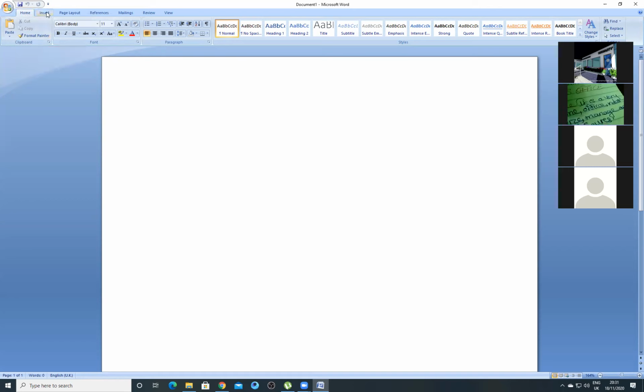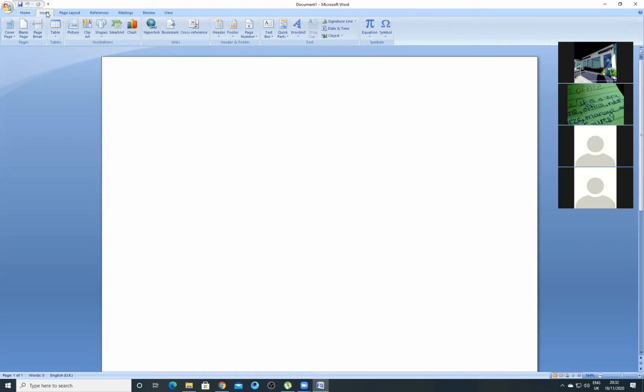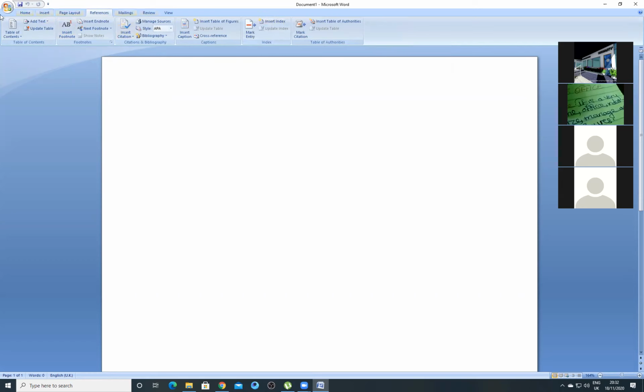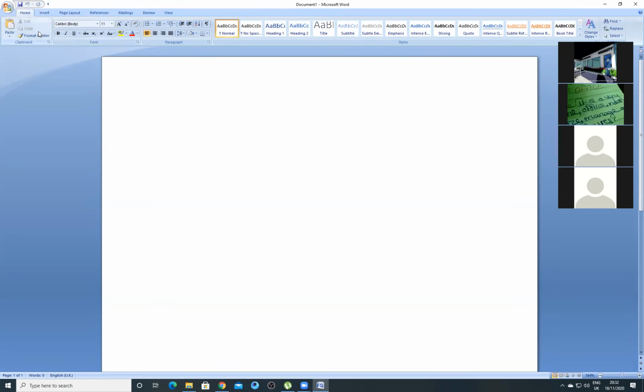If I go to the next tab and click there, this is now the Insert tab. You see that the commands here have changed. If I move again, now the Page Layout tab, you see we have other commands here, and the References tab and all that. But the Home tab, whether you're working with Microsoft Office Word or Excel or whatever, the Home